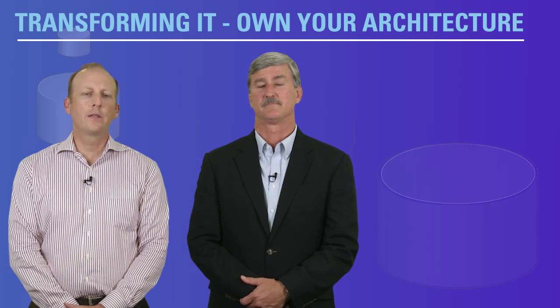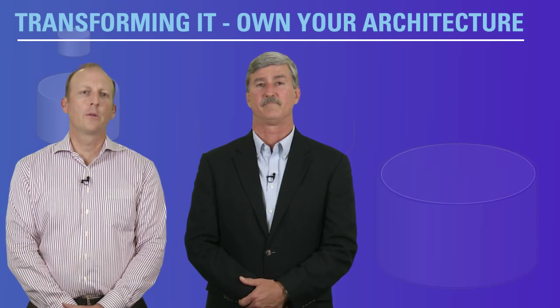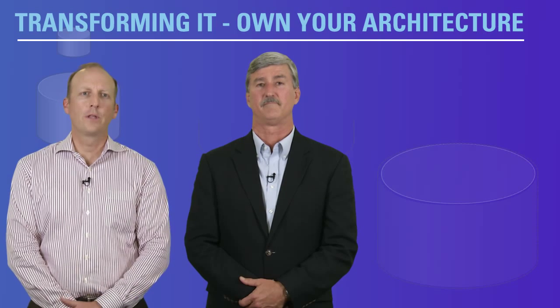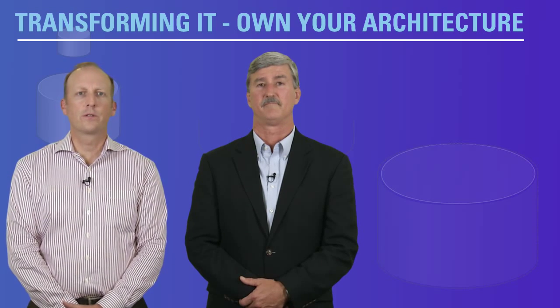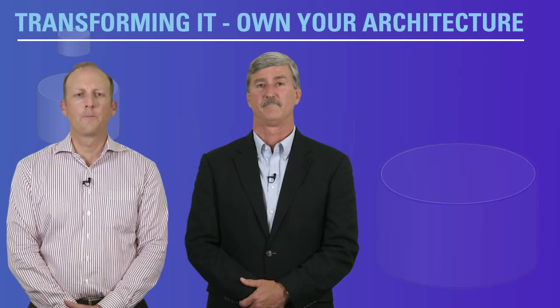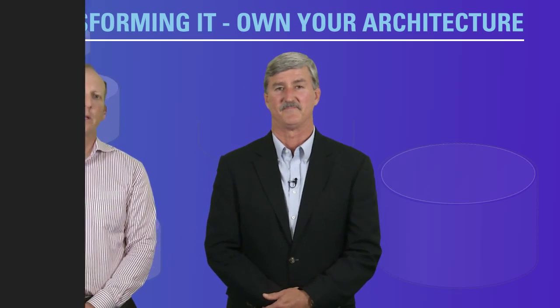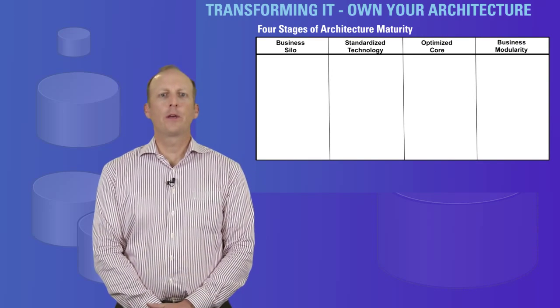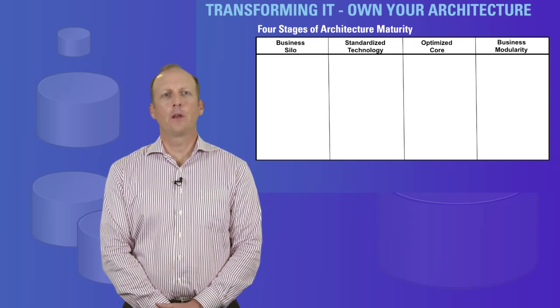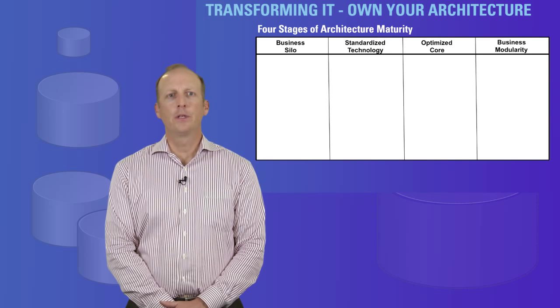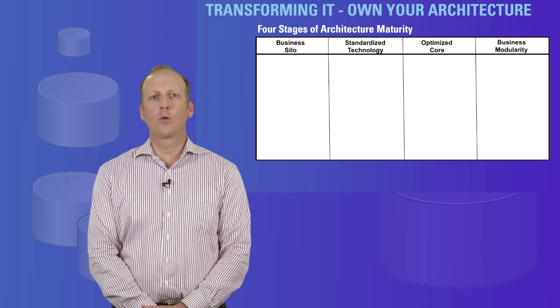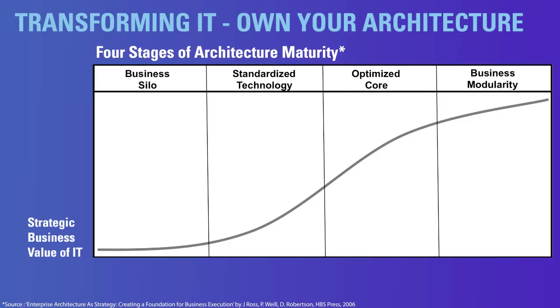So we're going to begin today's session talking about transforming IT and owning the architecture and the 4 stages of the architecture maturity cycle. I'm going to go through this now, and Ron will come back in a next section. Okay, so you have 4 stages of the architecture maturity: the business silo, standardized technology, optimized core, and the business modularity. So let's look at the strategic productivity curve here for the value of IT as we go